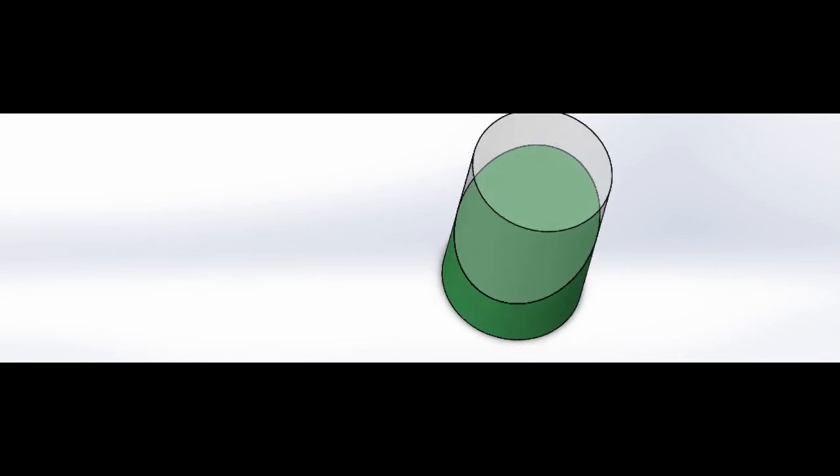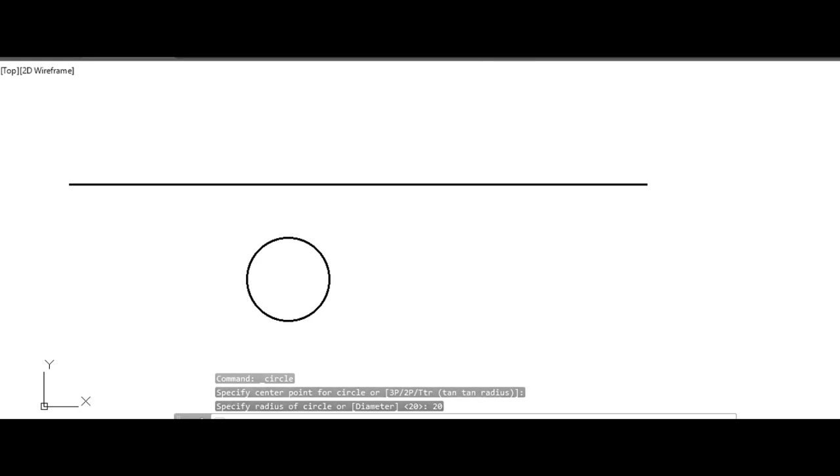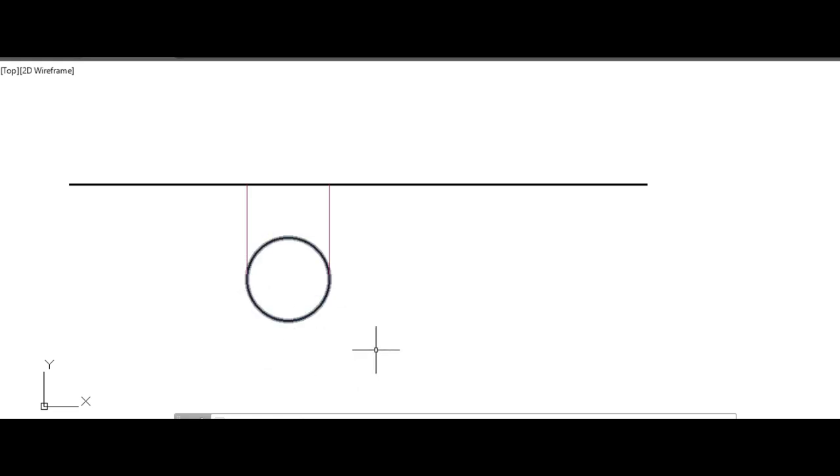When we cut the cylinder, this is how it looks in 3 dimensions. At the top you can see it as a circle, but the true shape will be an ellipse. Here the first step is to draw a circle of diameter 40 mm. The next step is to go for the top points. You want n number of points, so I divide this circle into 8 equal parts.